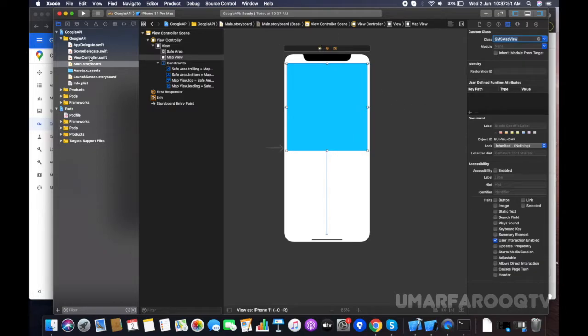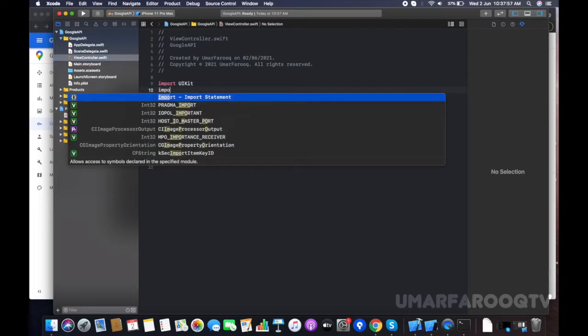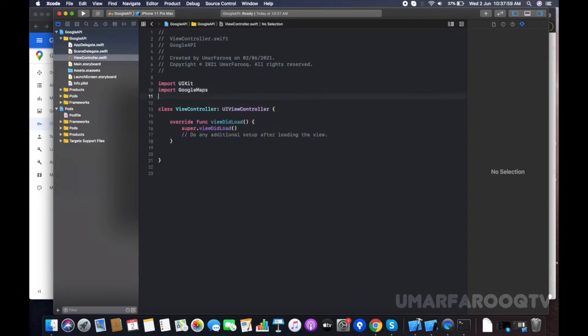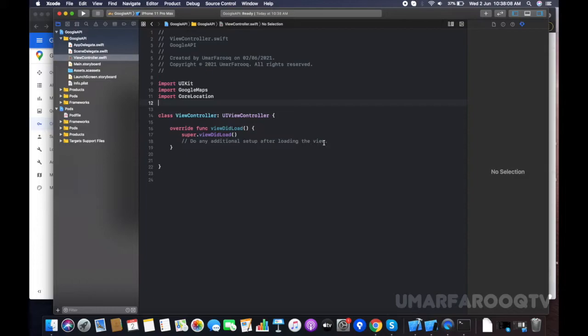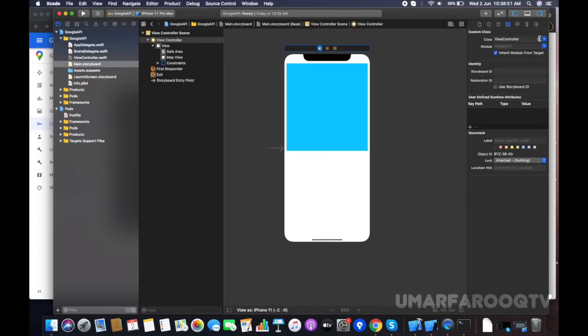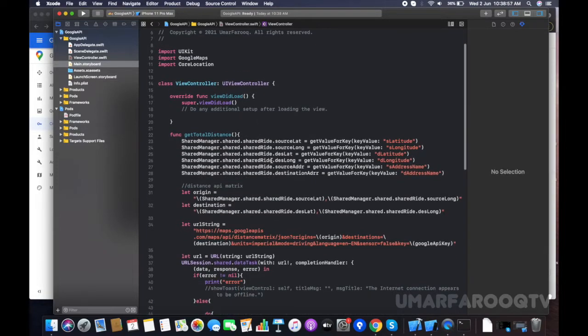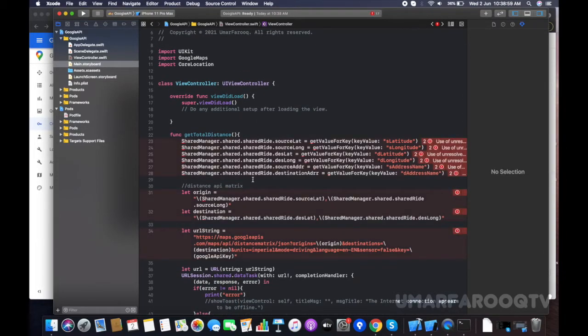This view will load maps inside, and I just import Google Maps and import NSLocations, which is the native API of iOS. And now I will add, well, I just copy pasted to save the time. This is my method to get the total distance between 2 points,